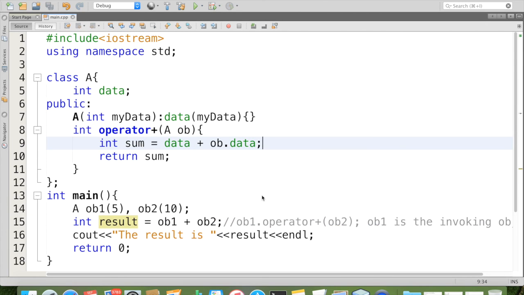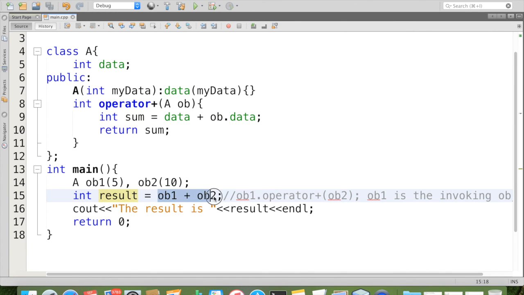Let us quickly go through the code once again. When you say OB1 plus OB2, this expression is equivalent to OB1.operator+(OB2), where OB1 is the invoking object, and OB2 will be passed as an argument to OB. The invoking object OB1's data we can directly take, that is data, and OB2's reference is available in OB, so we can say OB.data, that is OB2.data.